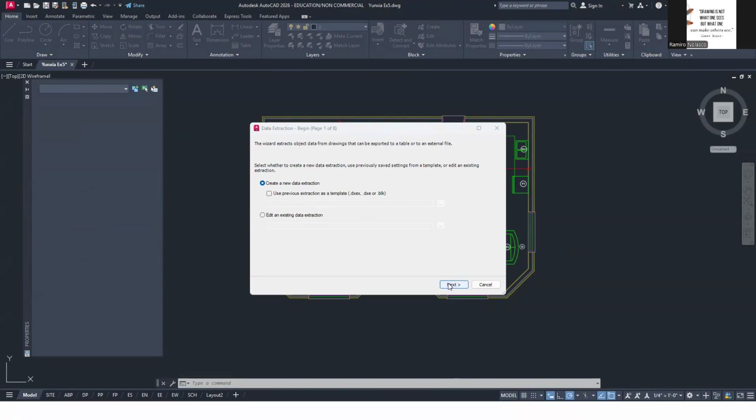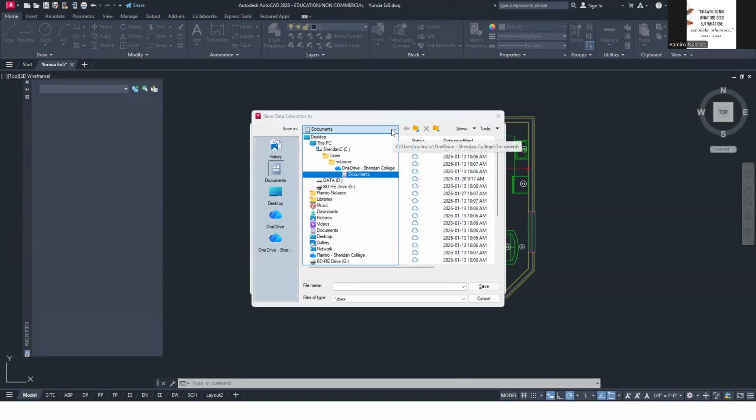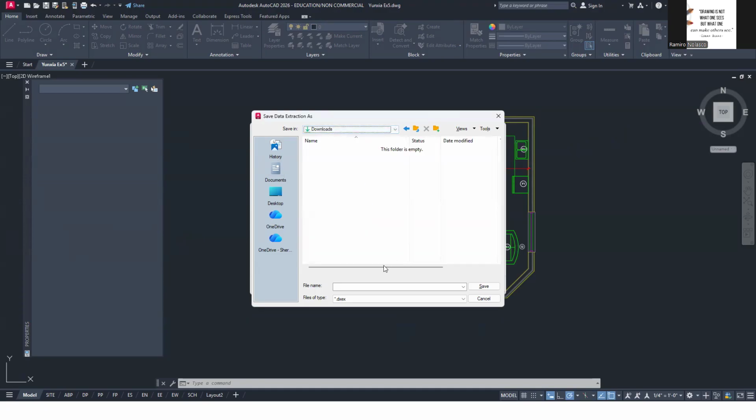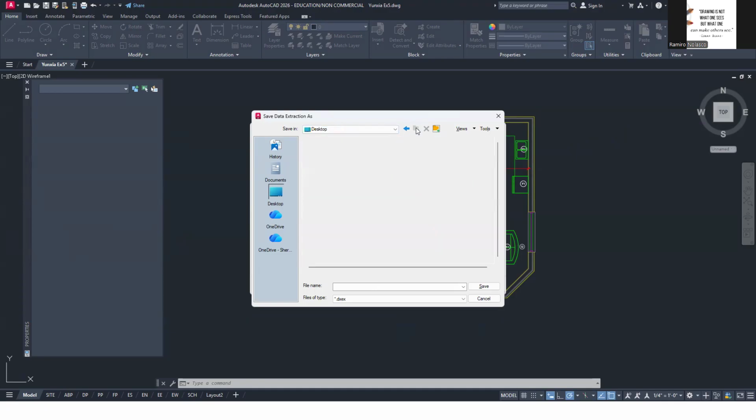Okay, next. Make sure you place it in a folder that you know how to access. So let's say I'll just place it under downloads for now. Okay, but it's always nice to have a folder that you can access. So let's say I have a folder here.